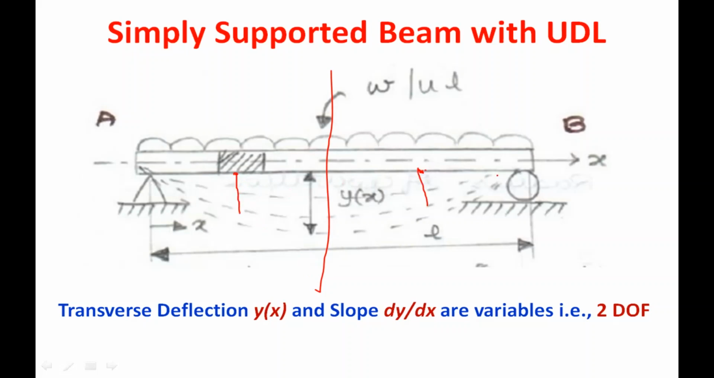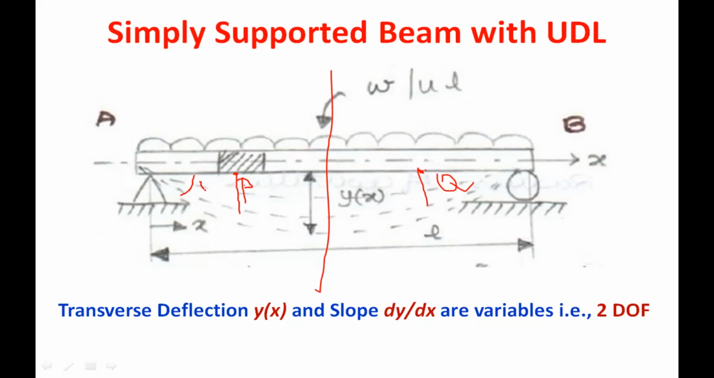To differentiate this deflection, either this point is in the left of the midspan or right of the midspan. Let us say this is the point P and this is point Q. Let us say both have the same amount of deflection. So to differentiate this position correctly, we are going to use another variable, which is called the slope of